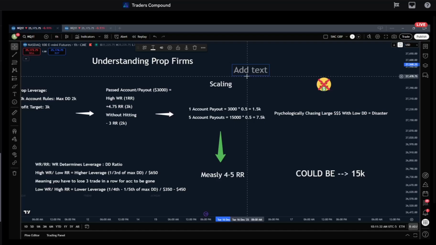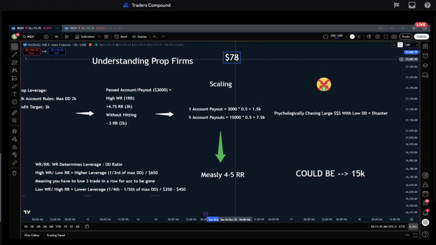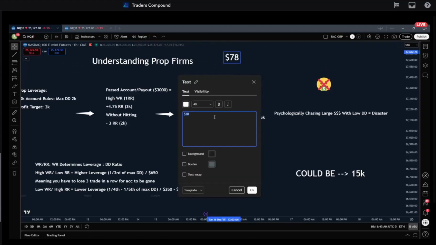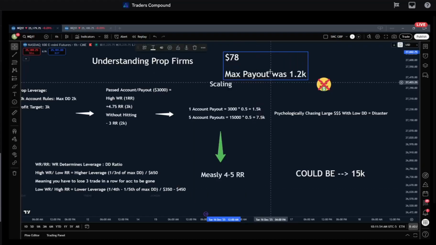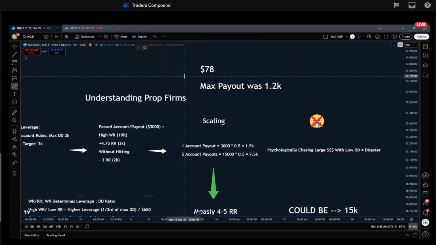Before, I traded on this starter plan on my funded futures. I got it last year in December, and it was quite literally, I think, 65 bucks or 78 bucks or something, all in. I didn't pay an activation fee. I think it was like 1.2, 1.3K. I'm pretty sure it's 1.2. If you're trading personal capital, you can't do anything with $78.